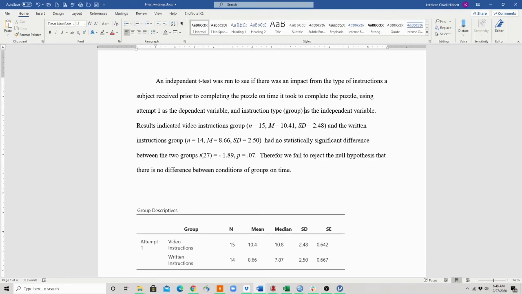The results indicated that the video instructions group... So apparently I have a few typos in here. The results indicated the video instructions group and the written instructions group had no statistically significant difference between the two groups. Now, I can read that sentence and it makes complete grammatical sense. And I can read it without what I have in the parentheses. However, this is the detail and you need to write it so that you can read it without it, but